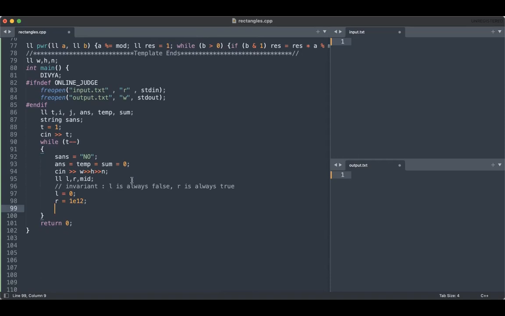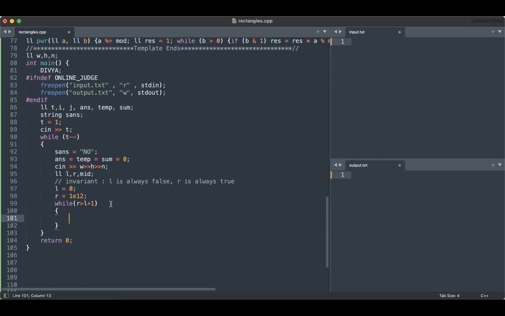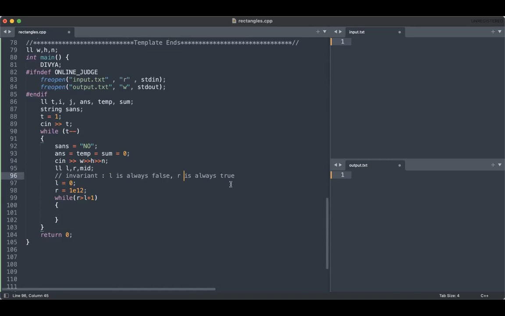So in the beginning, I have maintained my invariant that L is always false and R is always true. Now, what most people do is something like this: while R is greater than or equal to L, do something. But what I try to do is write it like this: while R is greater than L plus 1, and then I just maintain my invariants. This way, I don't have to apply any kind of logic. I don't have to use brains. I simply have to follow my invariants blindly. And I will be sure that after my binary search has ended, both the invariants have been maintained successfully. And I can just finally use whether L or R is going to be my answer here.